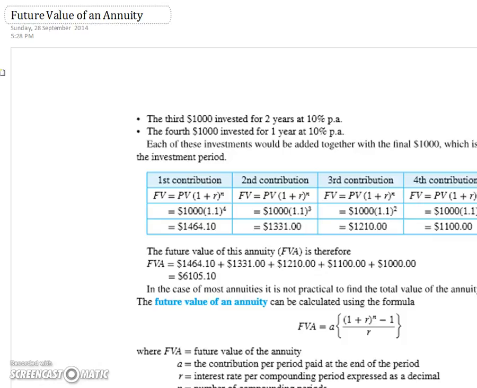The third is invested for 2 years, and then this last one, which if I highlight you can't read, the fourth one, is invested for 1 year. Each of those investments together would add up to the total amount. So here you have